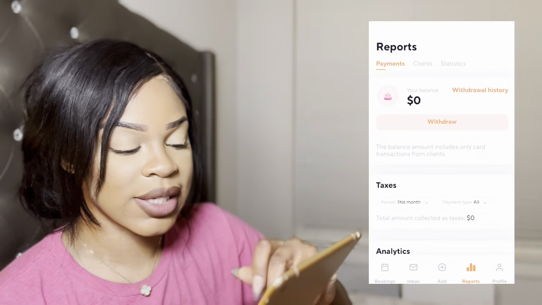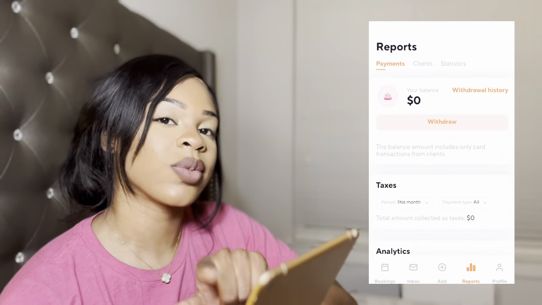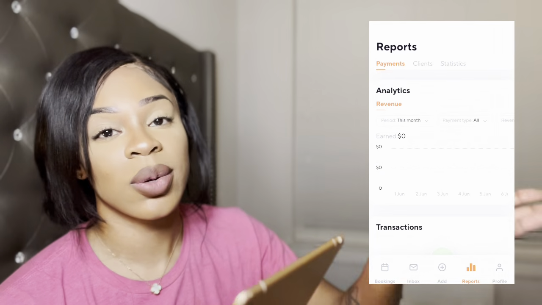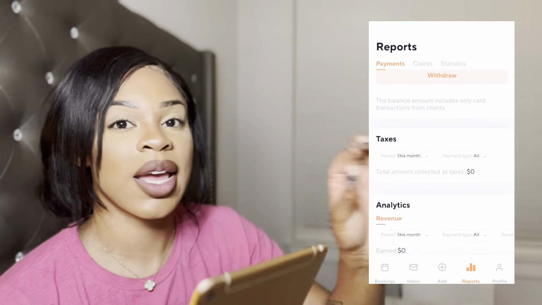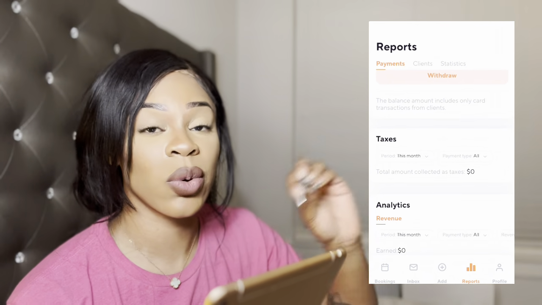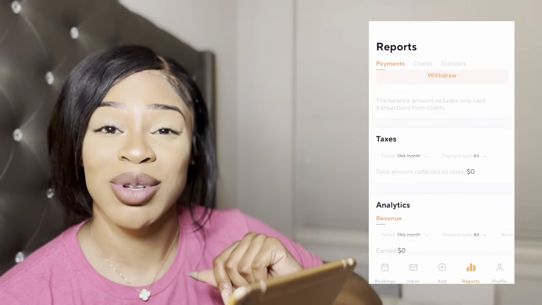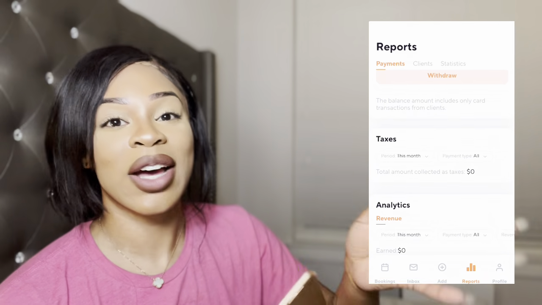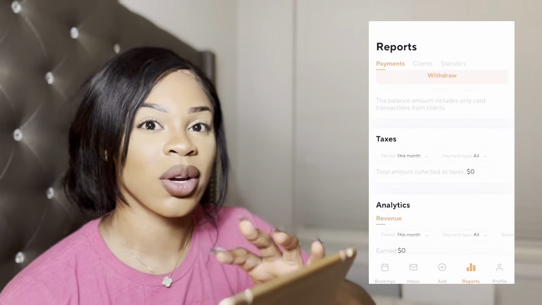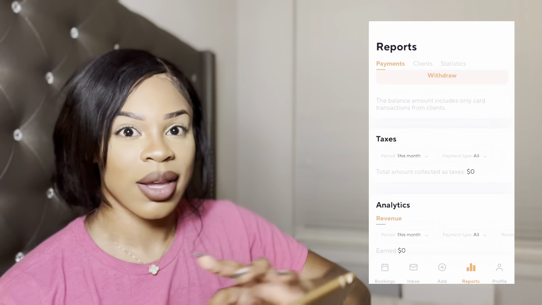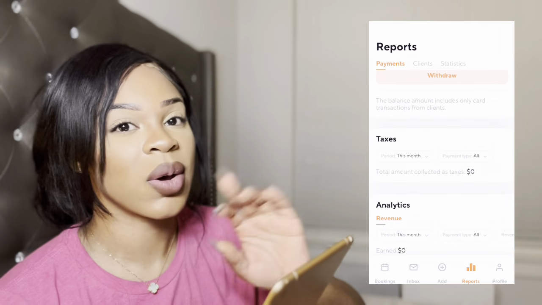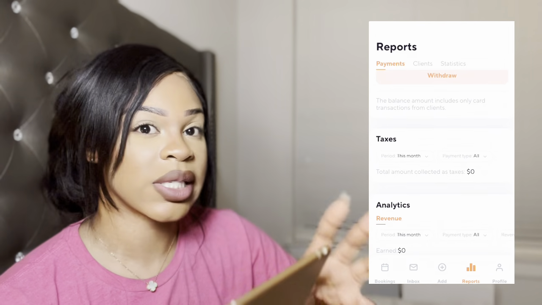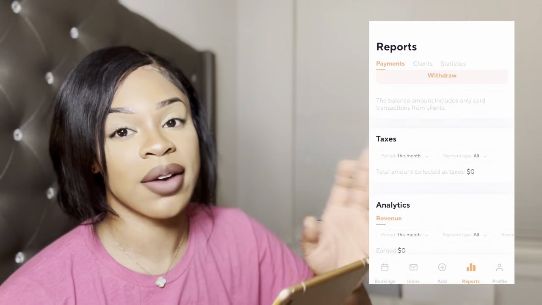You're able to see your taxes, how much money you have collected in taxes, and that's one thing that Acuity does not do. If you do a $25 deposit, you're getting that whole $25 deposit. They're not gonna save or put anything away for your taxes or anything. When it's time to do taxes, you just gotta either mess up a couple of times before you get it right, or get a financial advisor, somebody to look at your Acuity site, calculate it, all of that. Through here, you can just go ahead and put it in. Like, I want to take out 10% for taxes on each set deposit, however much you want to take out for taxes.